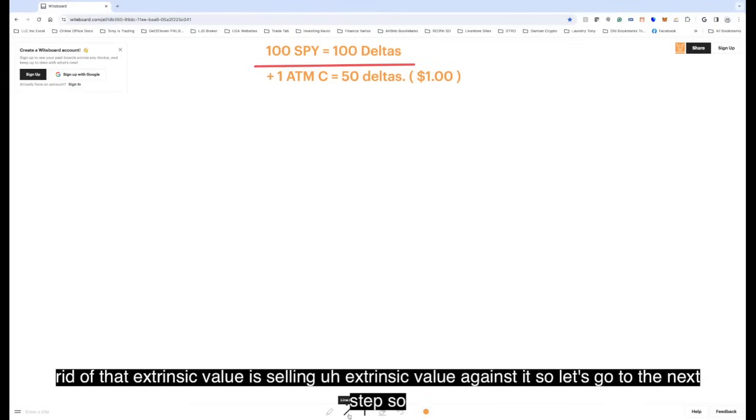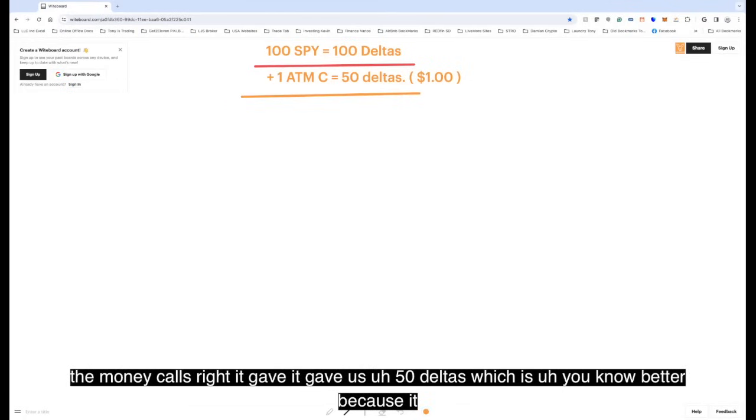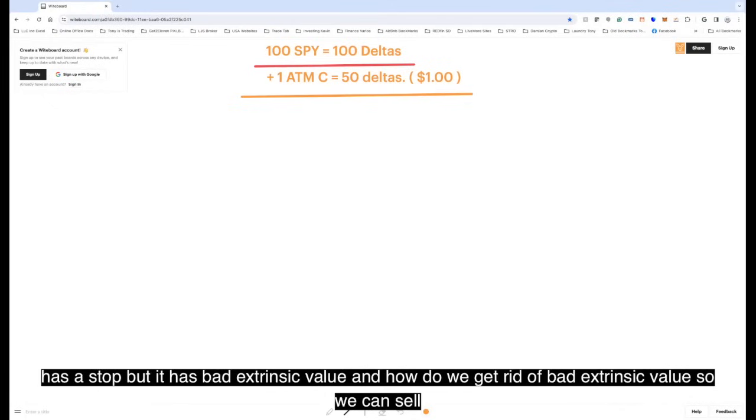So let's go to the next step. So first step, we bought 100 shares of SPY. We didn't like that trade. Step number two, we bought one at the money call, right? It gave us 50 deltas, which is better because it has a stop, but it has bad extrinsic value. And how do we get rid of bad extrinsic value? So we can sell